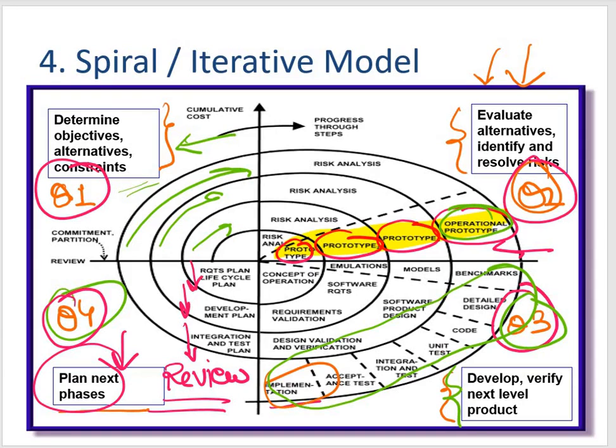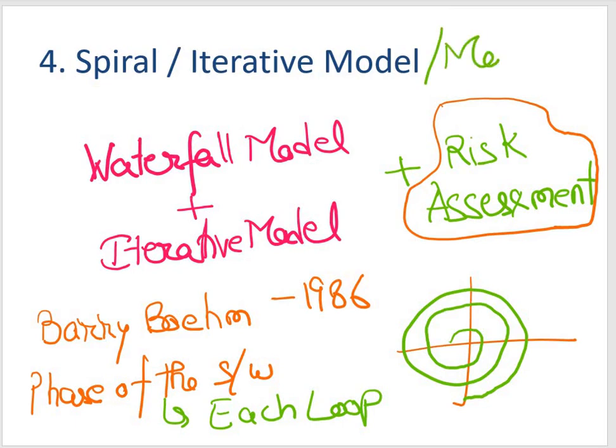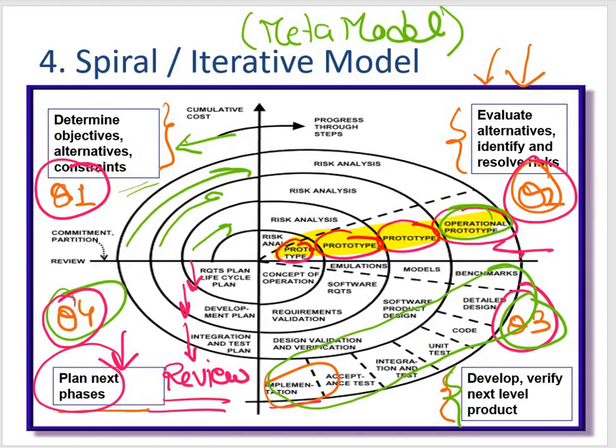And this particular model is also called as your meta model. Right, your spiral model is also called as your meta model. Now why is it called as meta model? Because it subsumes all the other software development lifecycle models. For example, your single loop will represent the iterative waterfall model. Then prototyping model is also included. So this is nothing but it's like all the models you can have in this particular package.